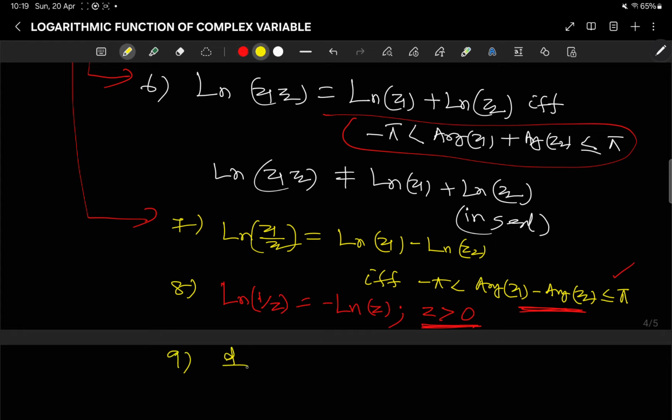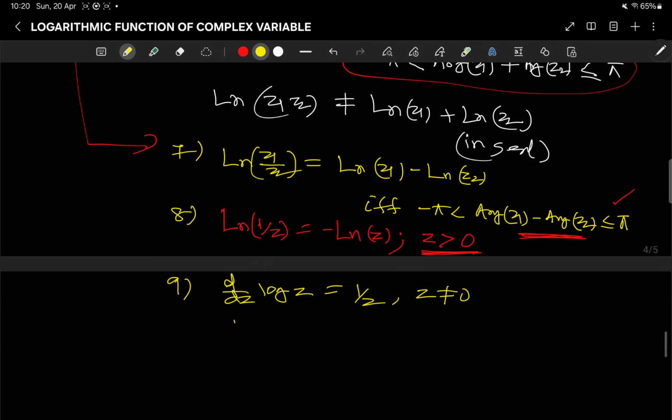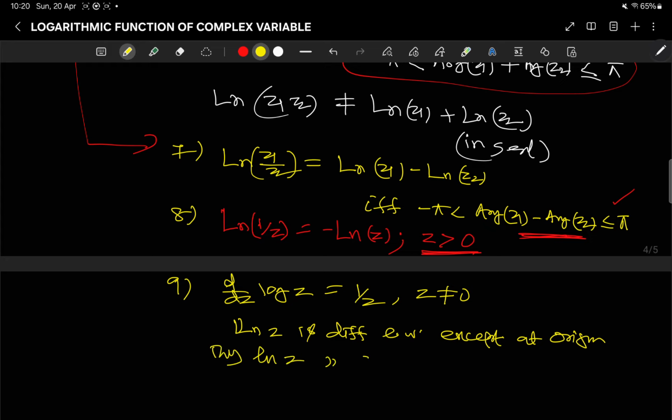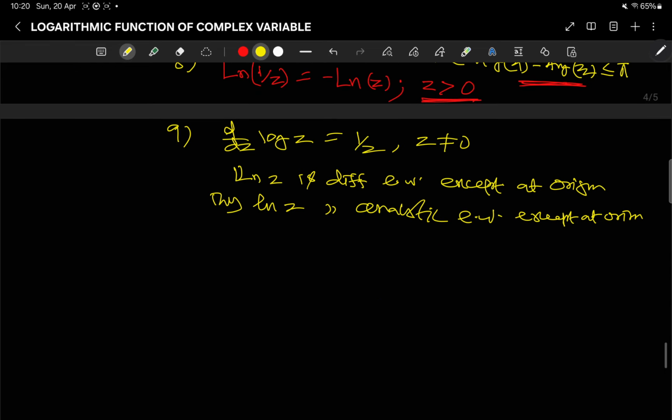Next, property 9: d by dz of ln z is 1 by z, z not equal to 0. So ln z is differentiable everywhere except at the origin. Thus, ln z is analytic everywhere except at the origin. Okay, if we think of its proof,